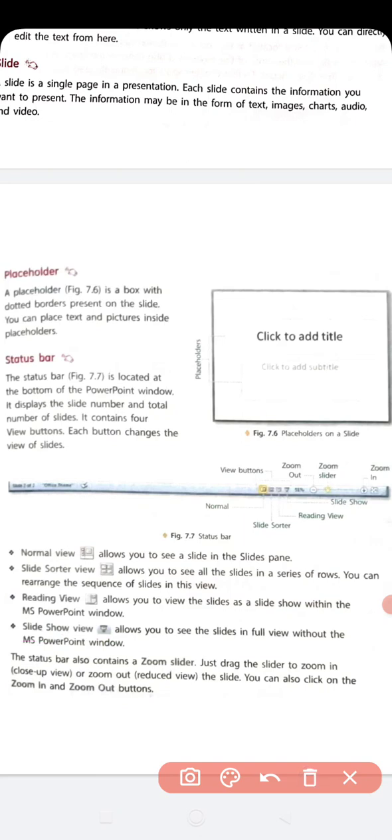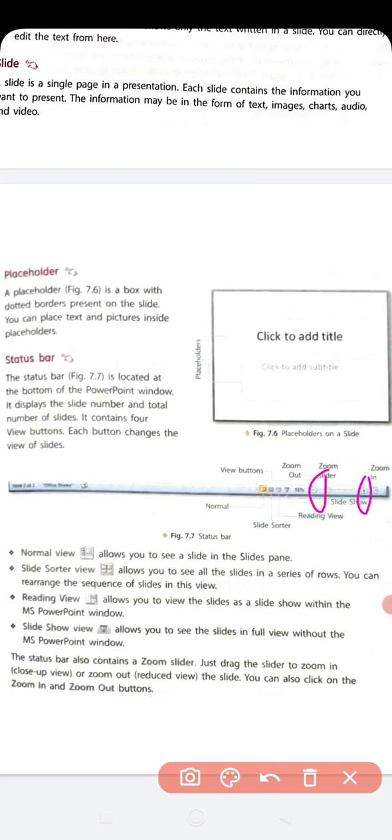The status bar also contains a zoom slider. See here, this is the zoom slider. Just drag the slider to zoom in closer. Some symbols are given here.